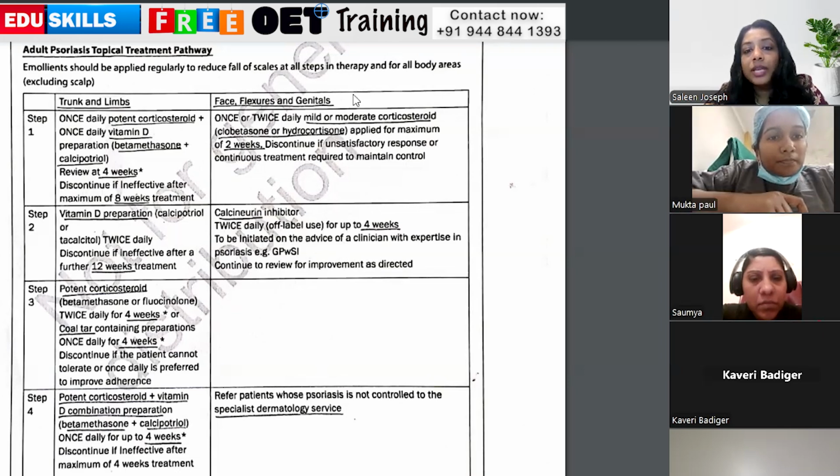So on this side also, they have mentioned mild and moderate corticosteroid, some medication name, then calcineurin inhibitor, 4 weeks. So if this is not going to work, then we go to the next step, right? Some steps they have mentioned, that means the treatment. So just to understand that, give the heading like treatment for adult psoriasis. Now we are,